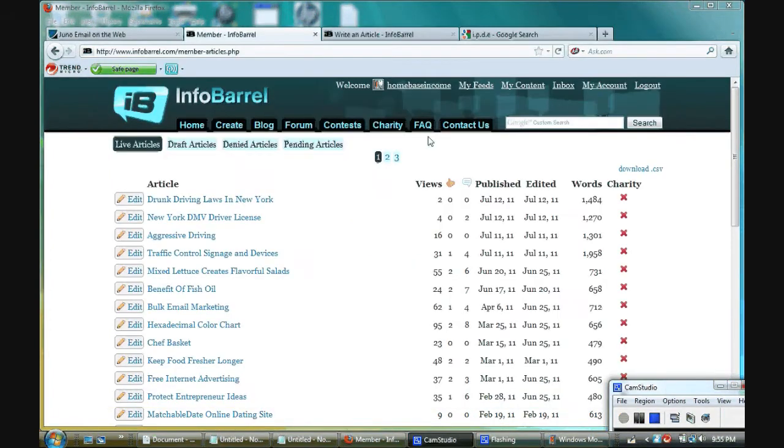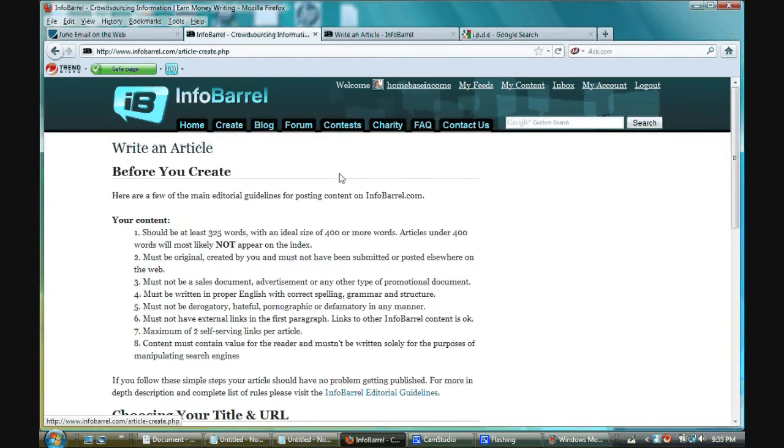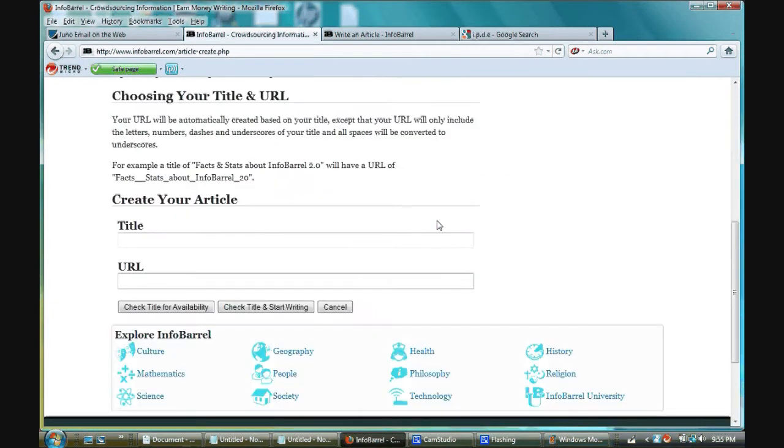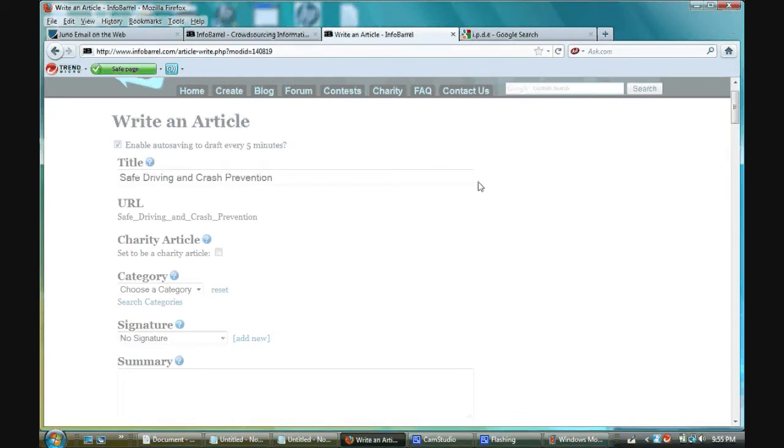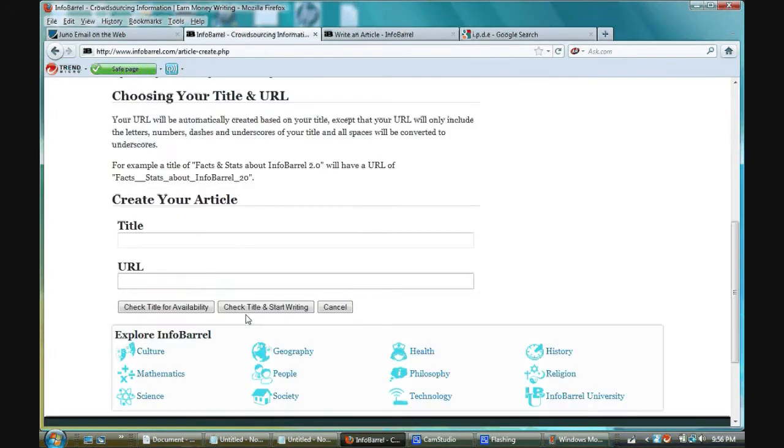So here we go. When you want to create a new article, you sign into your account and you go to create, scroll down, and you put in your title. You check title for availability. Then you click check title and start writing if it's available. I've already done a lot of the work because I wanted to make this as short as possible. After you click check title and start writing,